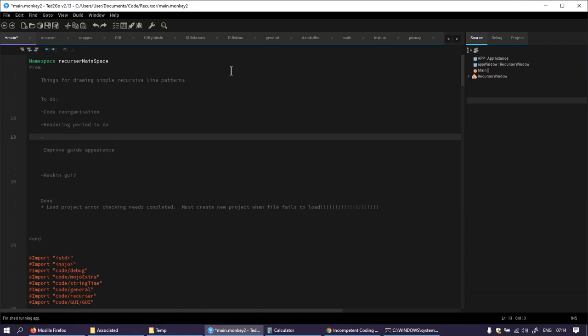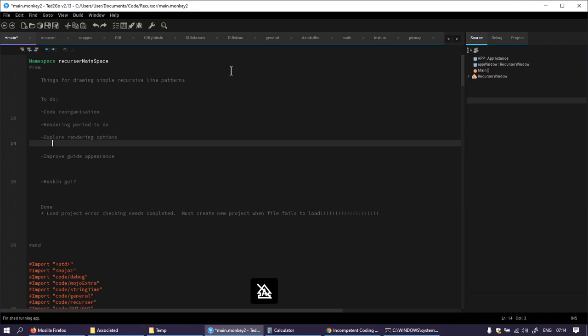After rendering, and more important than improving the guide appearance, is explore rendering options. Rendering options. Quickly I will note: array division, array entry division, non-linear,